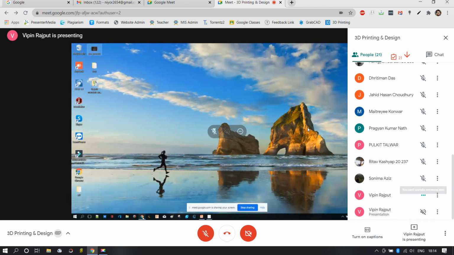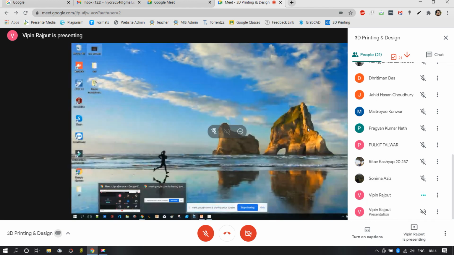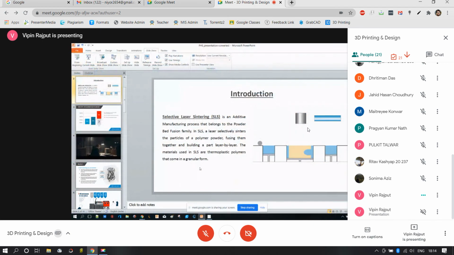Sir, yesterday you mentioned LCD screens being used in SLA. Yes. So why do they use LCD screens while LED screens are far more accurate and there is no bleeding of light? Why do they use LCD then?